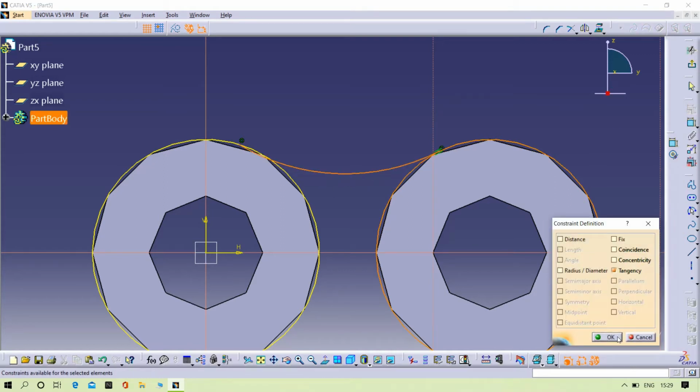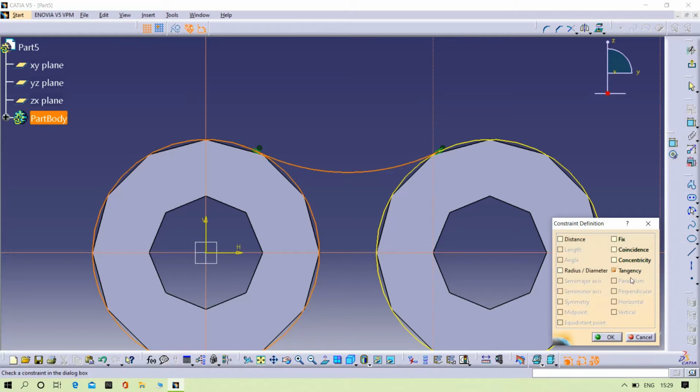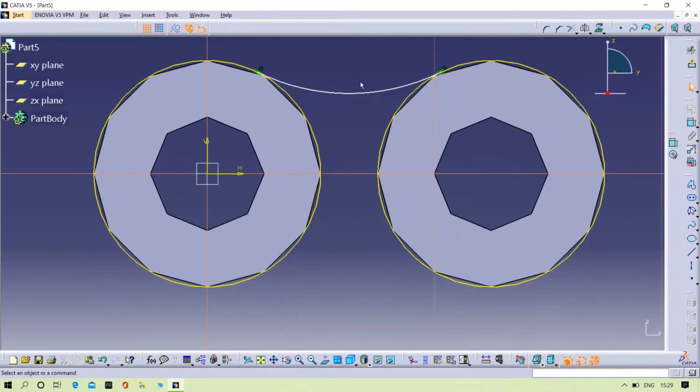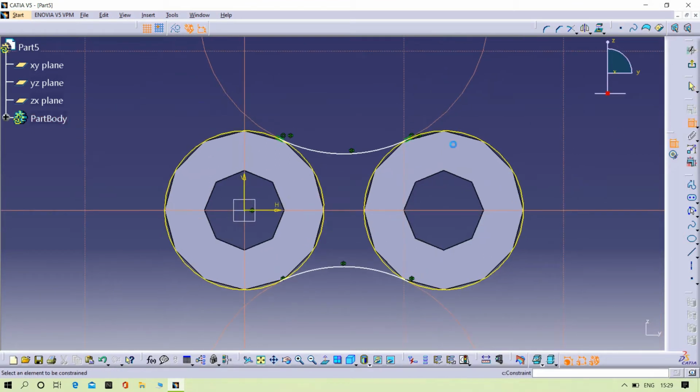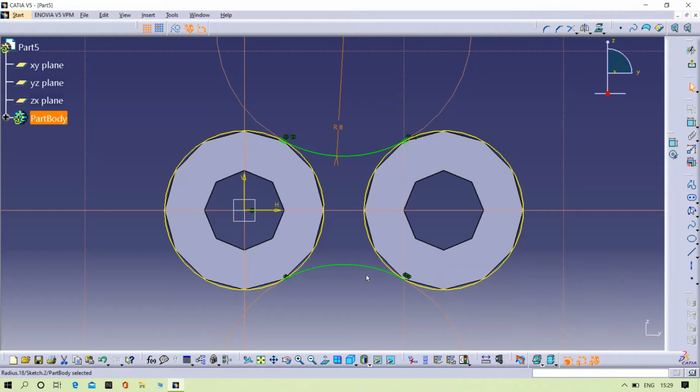Tangent, same as it is for this one also. Again try to mirror it. Then increase the radius 8 mm. Yeah, is enough.